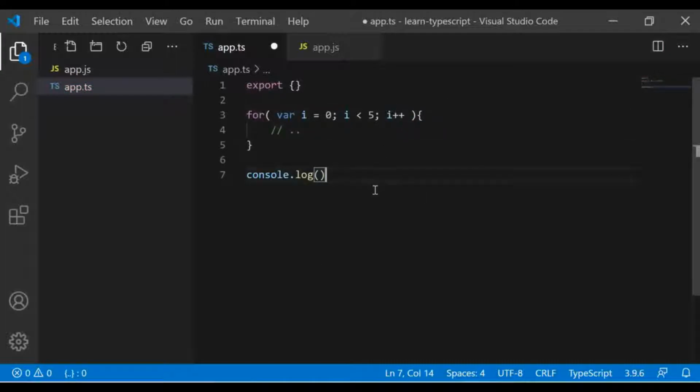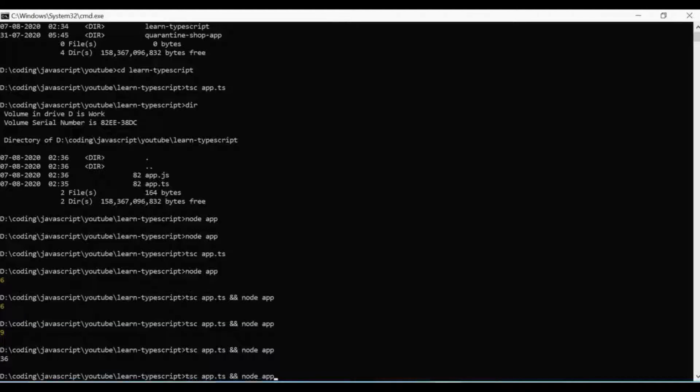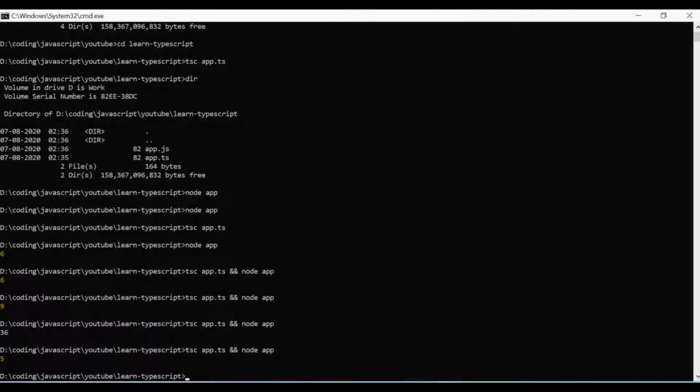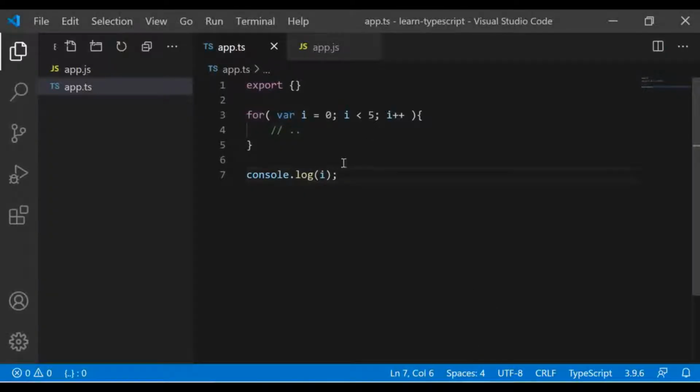What I am trying to show you is, even though this is outside of the scope of this variable, it is able to print the value in the console. If we compile it, it will very well compile. Let me show you. So as you can see, 5 was the last value.